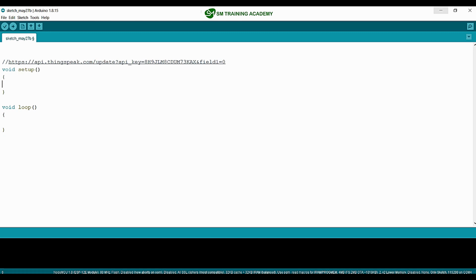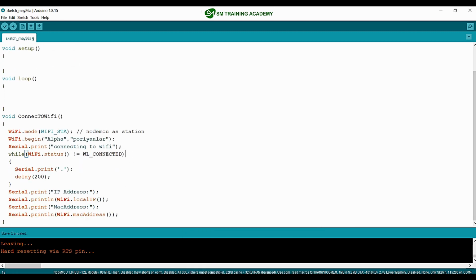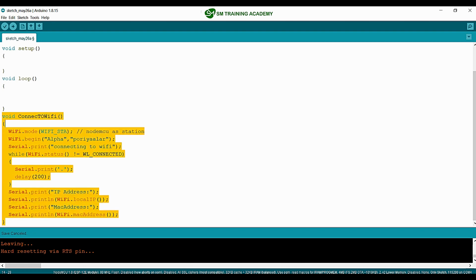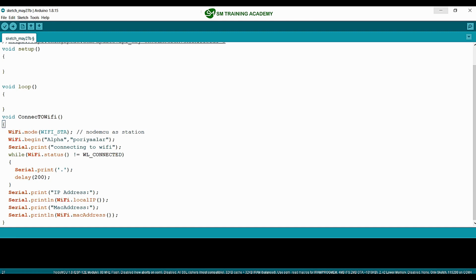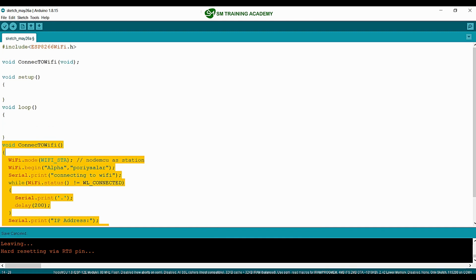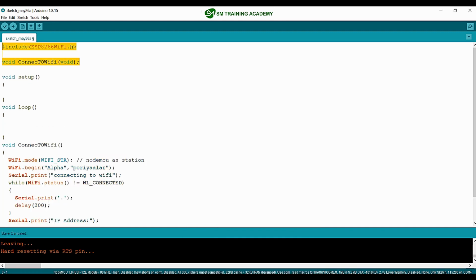So in the previous lecture of connecting the NodeMCU to Wi-Fi in station mode, we just wrote this function, right? That is this connect to Wi-Fi function, which is mostly useful for connecting the NodeMCU to a Wi-Fi router. So we will be using this function most often in every lecture for connecting the NodeMCU to the Wi-Fi router. So don't forget this function. I'm just going to copy this function and I'm going to paste it right over here, and I'm copying the function declaration also along with the header file,